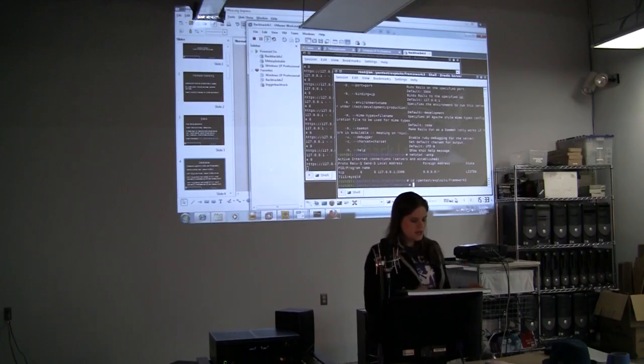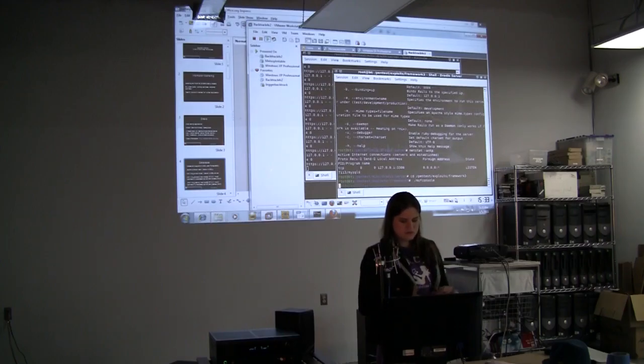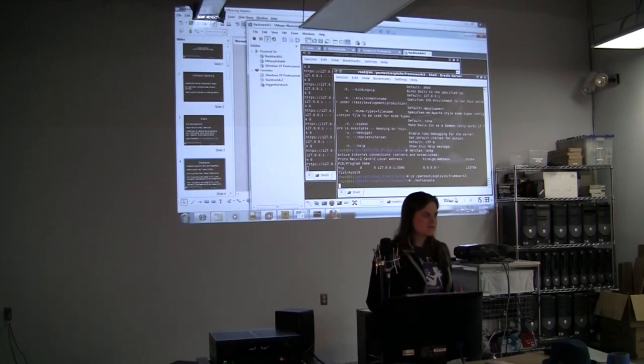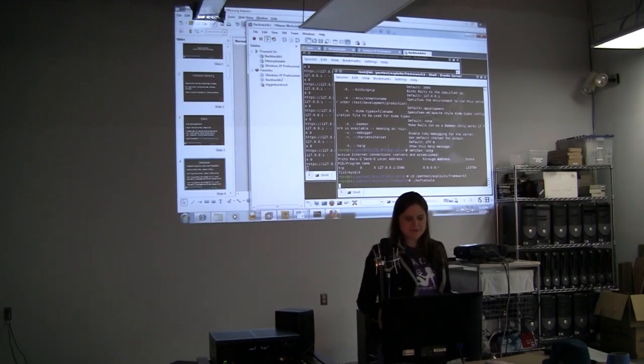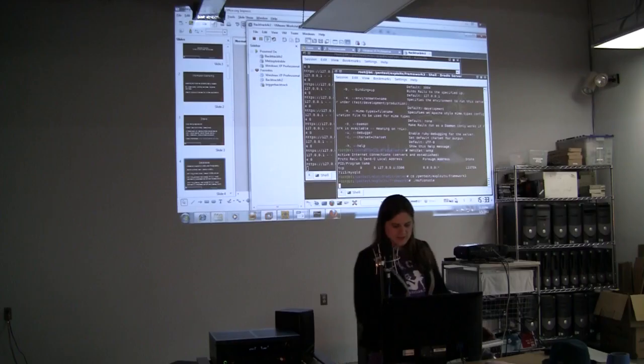And once I'm there, I'm going to start msfconsole. And it loads up all those modules, and it makes its own custom little screen every time. So that will take a second while that starts.